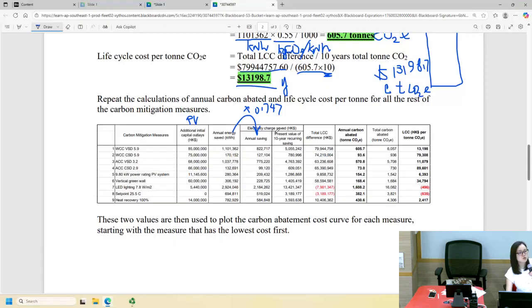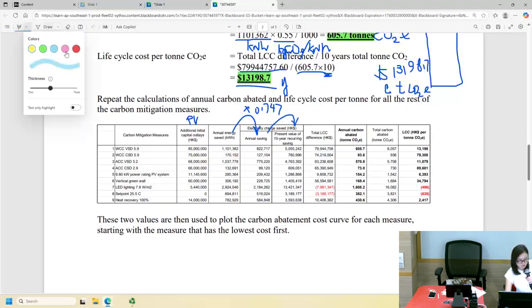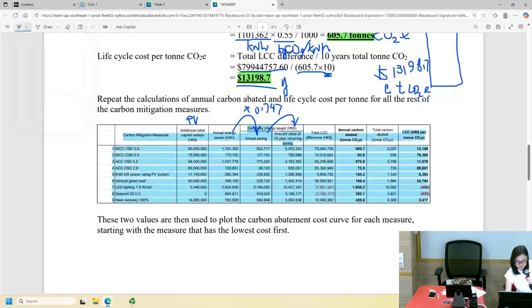But these are future money. And you may convert it into present value. Okay, you can convert them into the present